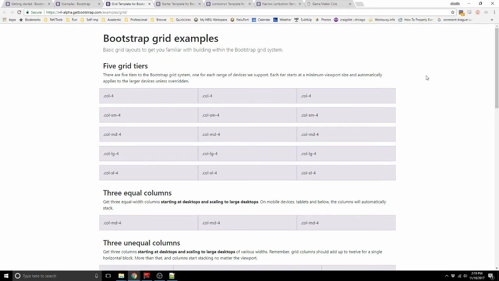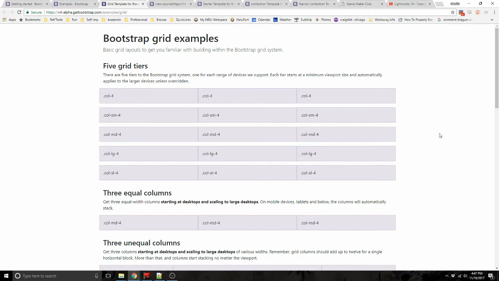Alright, now we've been talking quite a lot about the grid system and responsiveness, and these ideas are actually interlinked. If we think about a lot of websites today, their content is actually arranged in a series of boxes, which we could call a table, or more accurately, a grid. Some of you may know that in the early days of the web, when tables were introduced, they were used as a sort of layout tool. You could think of Bootstrap as a more modern way of implementing this mentality. So to explain a little bit about the grid system, this looks very much like a table, but in fact